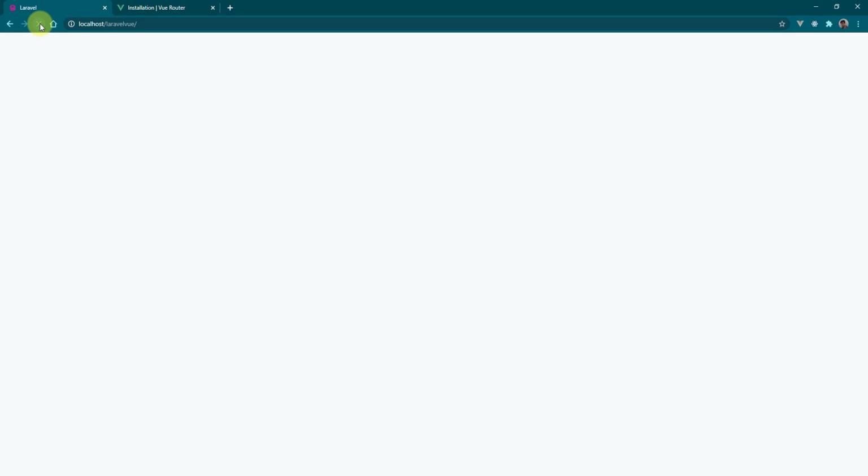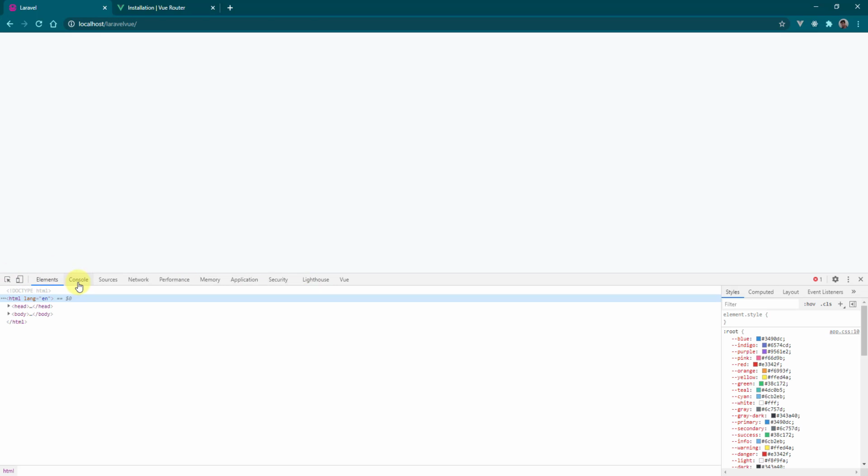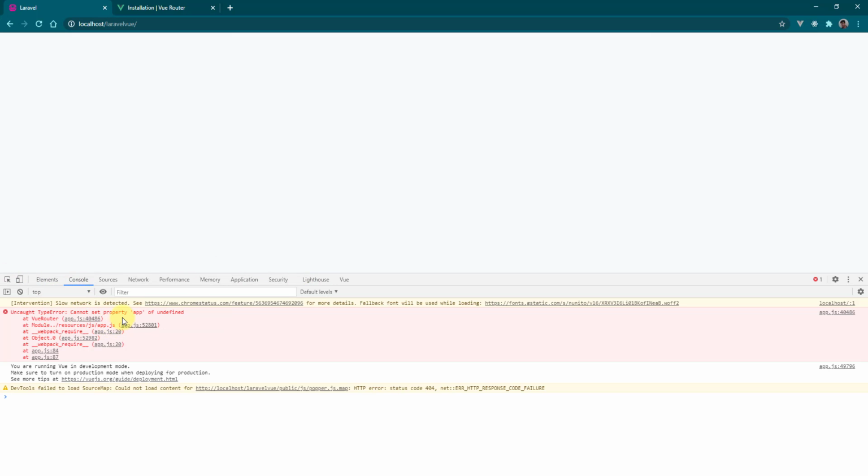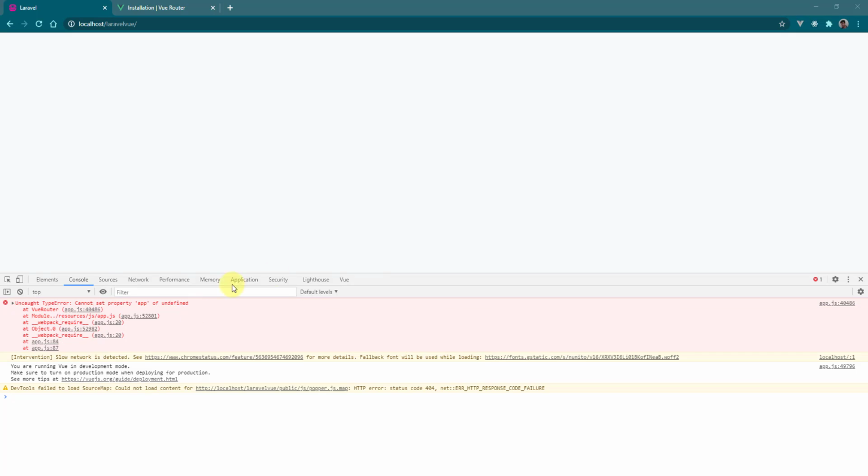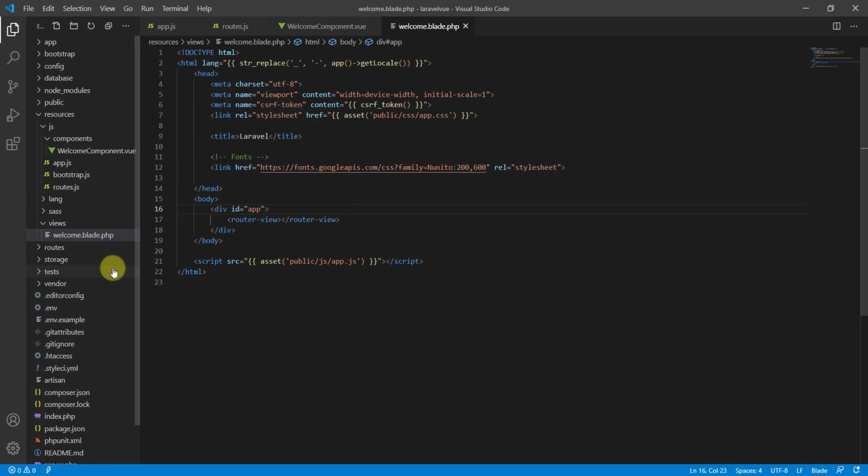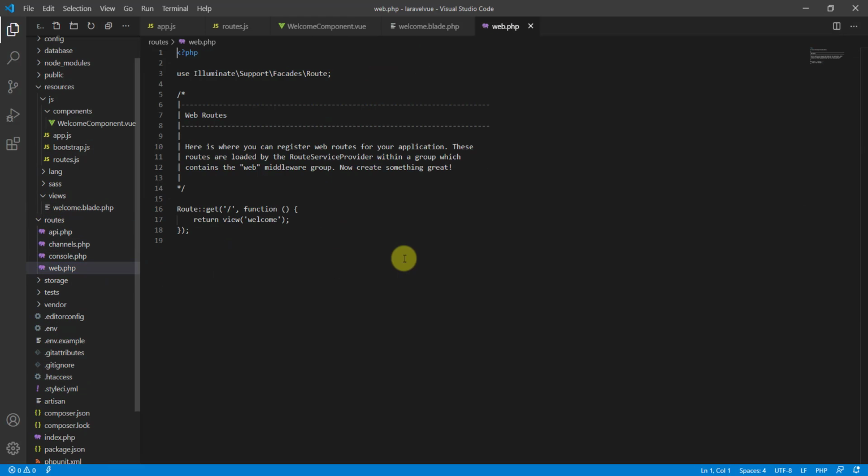So now if I refresh, we are not getting anything. So if I inspect, it says app of undefined, and that is because if we get back to the text editor, guys, let's go to this routes and web.php,